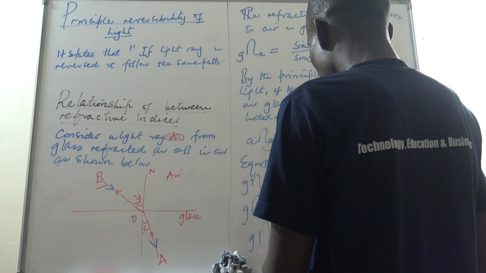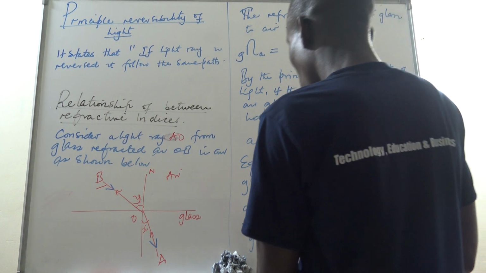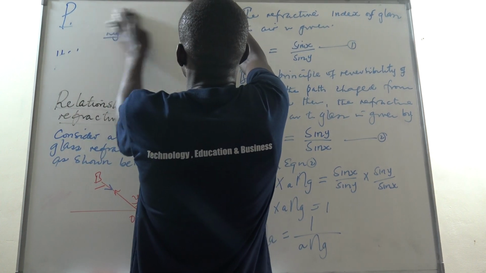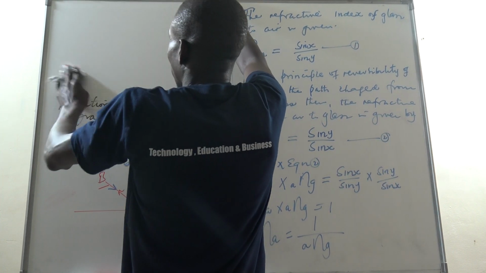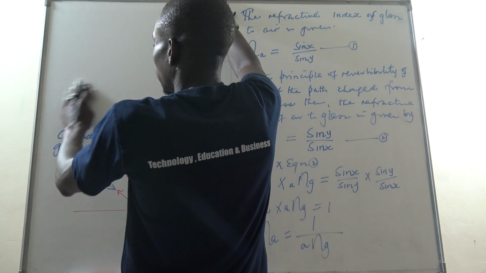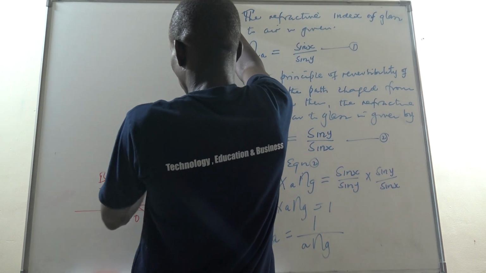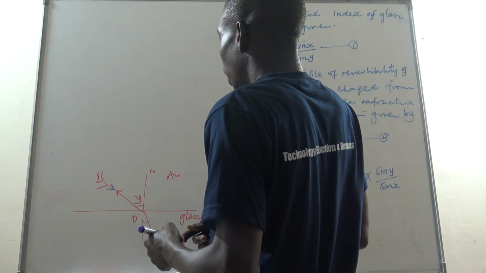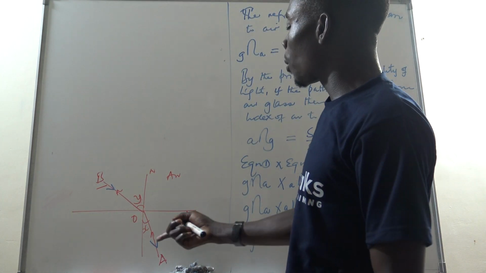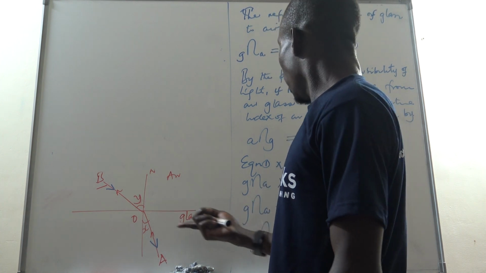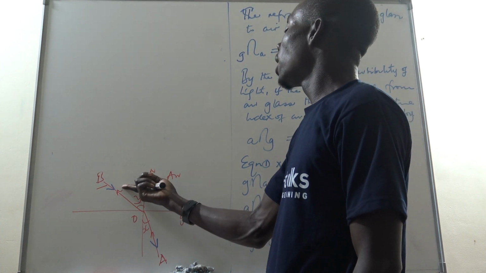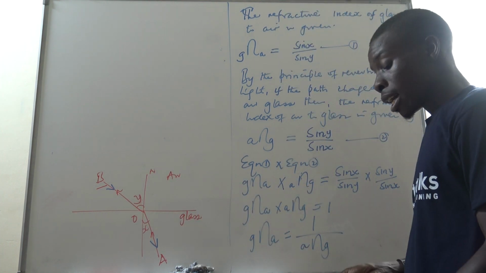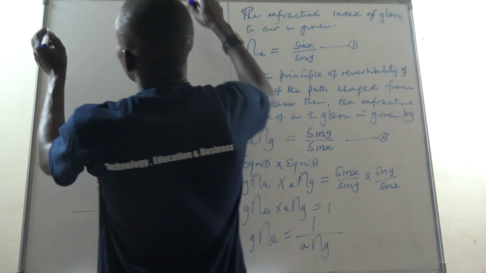And from here, we can actually conclude that from glass to air, if I know the refractive index of glass to air, and now I want from air to glass, it is just the reciprocal of the refractive index. So we say